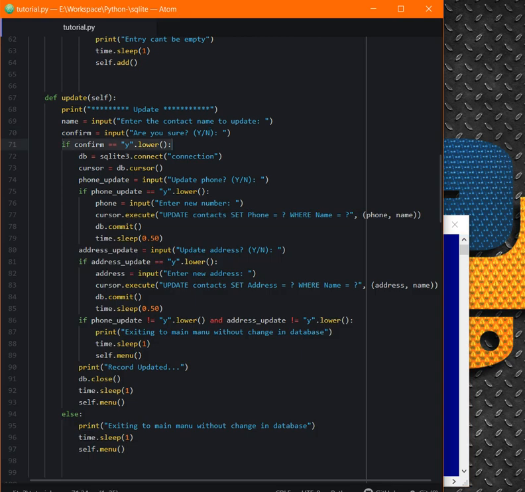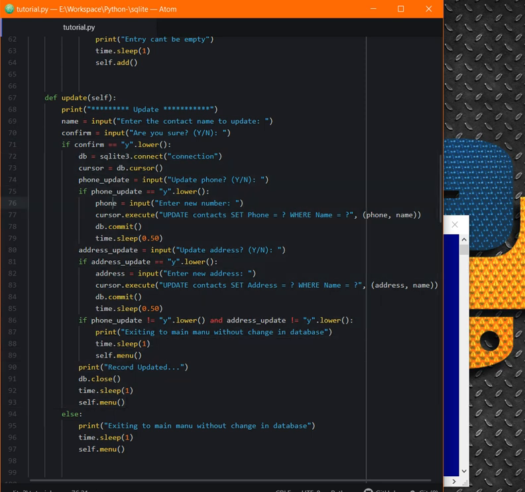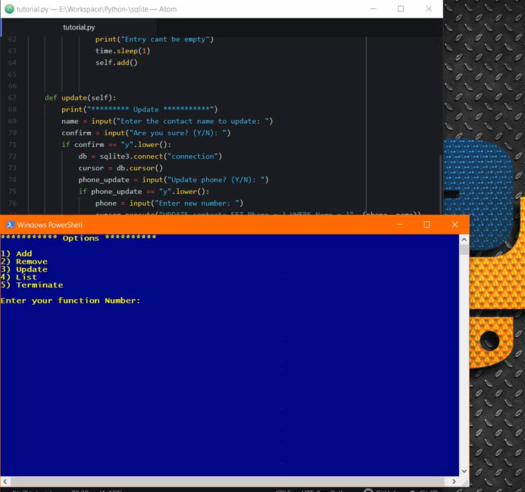So we check this condition, which executes all this block of code, and after we check this condition for updating phone, check this condition. So what if we say no to update phone and after say no to update also address, then we should just go back to the main menu without any change. Let's try that. So go to update again,